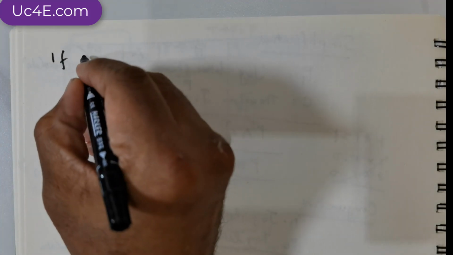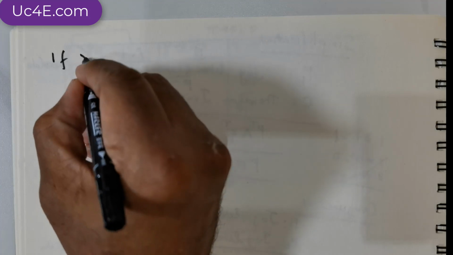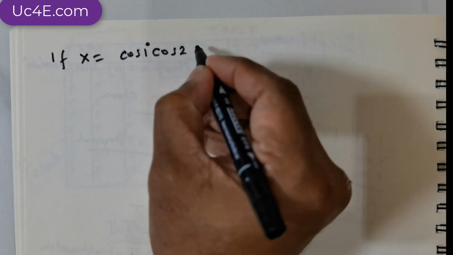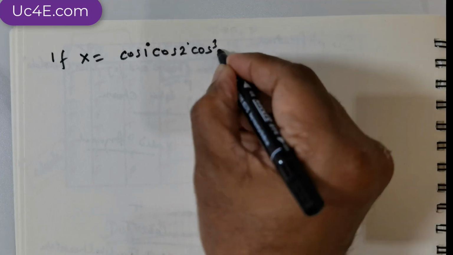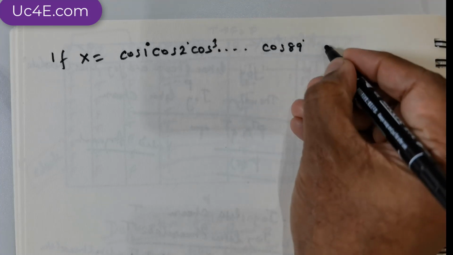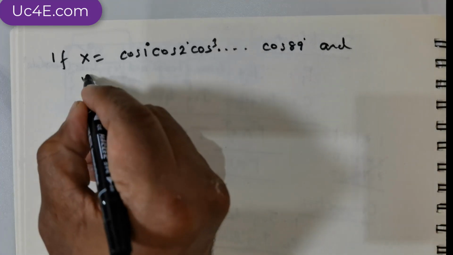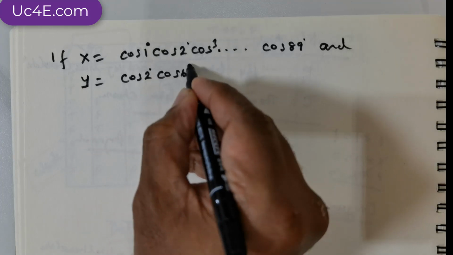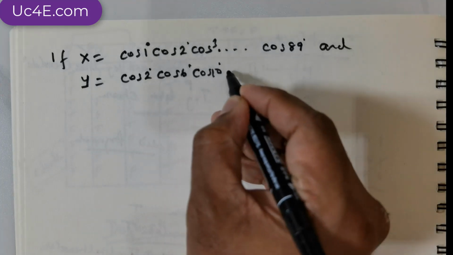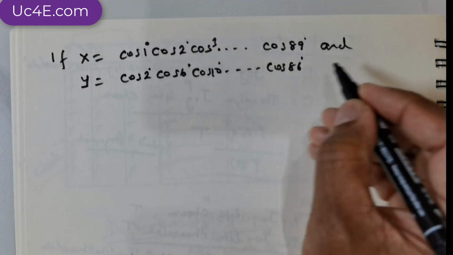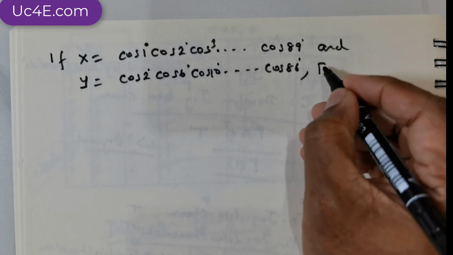Good day everybody. We got a beautiful Olympiad question. The question is as follows. If x is equal to cos 1 degree, cos 2 degrees, cos 3 and so on and so forth up until cos 89 degrees, and y is cos 2 degrees, cos 6 degrees, cos 10 degrees and so on and so forth up until cos 86 degrees, then find